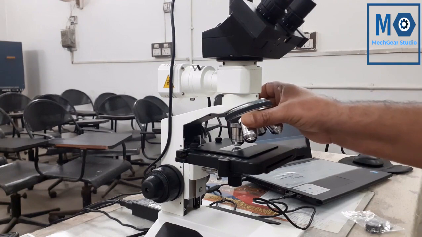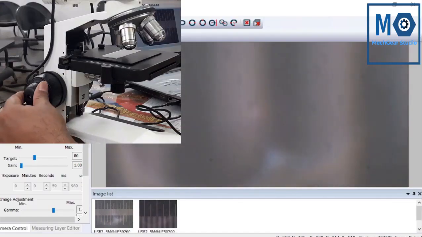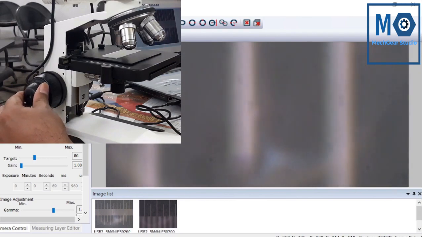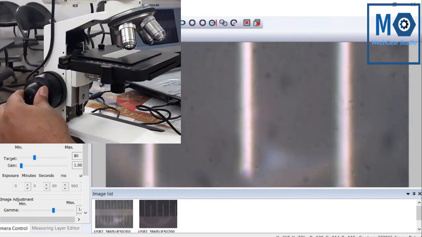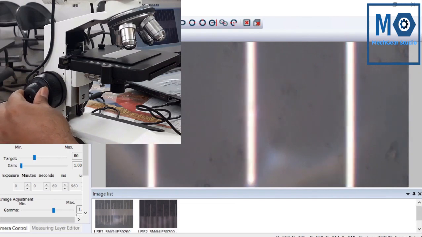Again, change magnification, and apply fine tuning for magnification and resolution of the divisions.